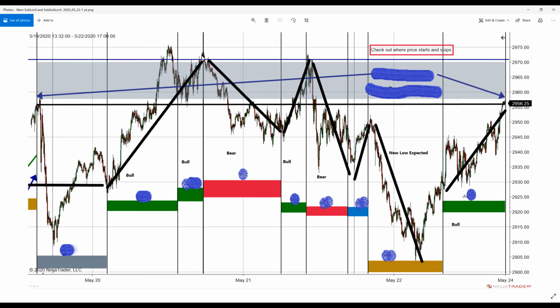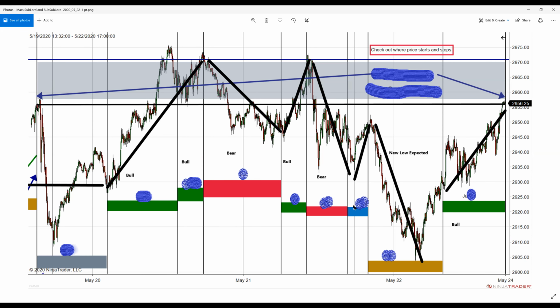Right at the exact time we switch to the bearish zone, we get the second part of a double top and we get a nice clean down move all the way through that zone. We then switch back to a bullish zone here on the 21st, and that gives us a nice swing up. And then within 12 minutes after we switch zones from bullish to bearish, we make a high, and then we have a downtrend throughout the rest of that zone.